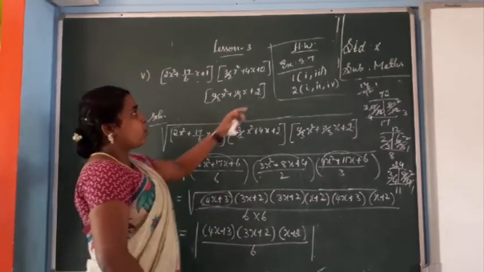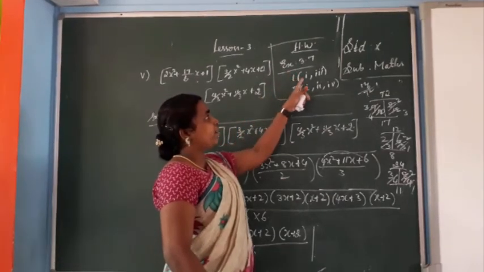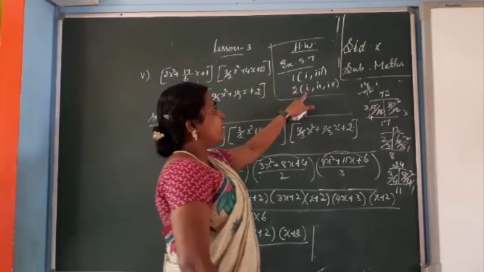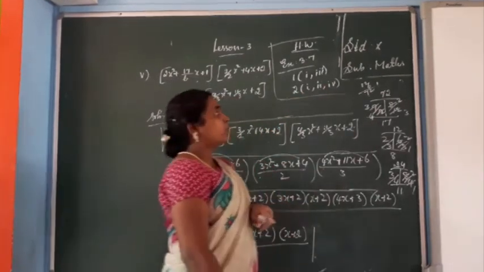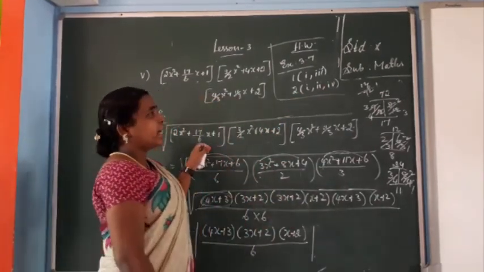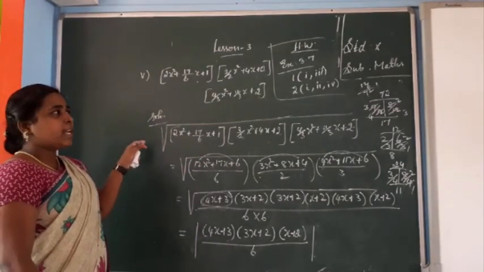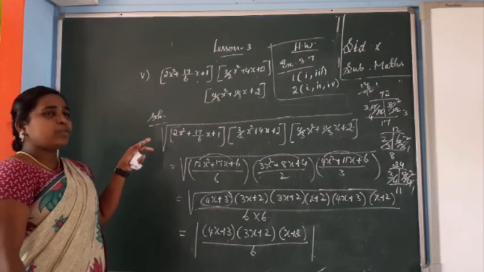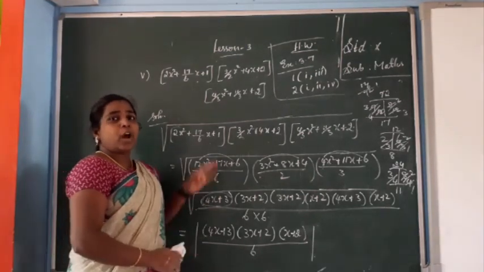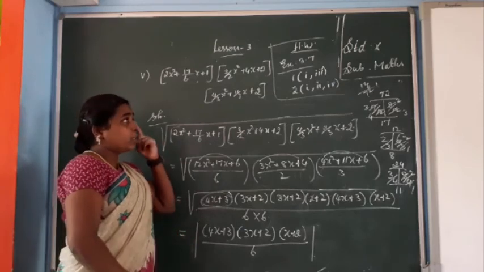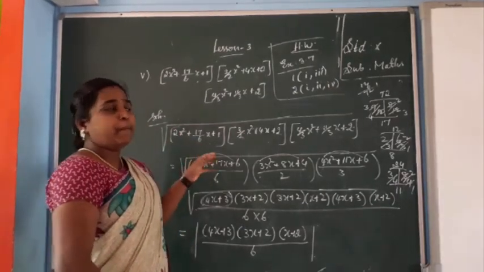Okay, homework given: exercise 3.7, first one, first subdivision, third subdivision, second one, first one, second one and fourth one. You try, you get the answer. Okay, you get the idea about square root using the factorization method. Next class we can see the square root using the long division method. In long division all the problems are very important. Okay, so all the questions are related to 5 marks only.